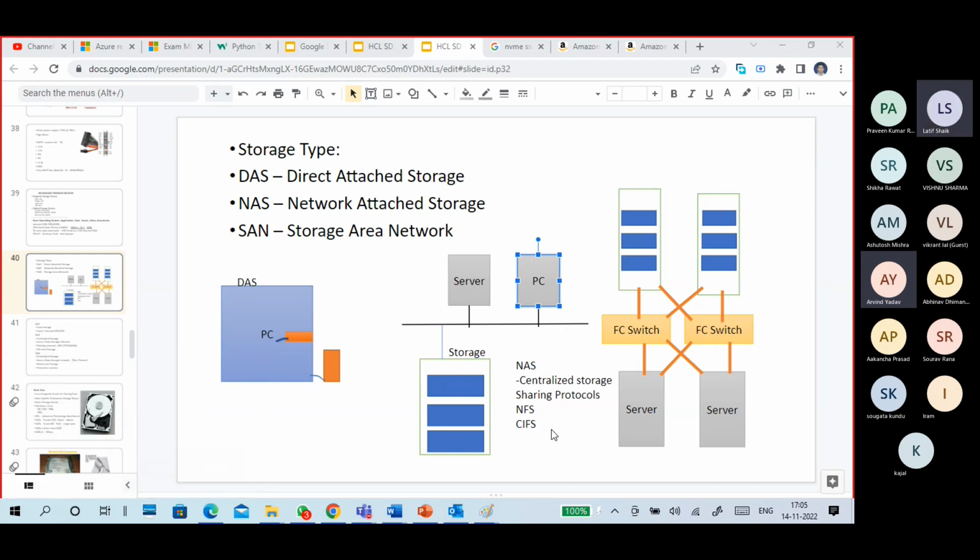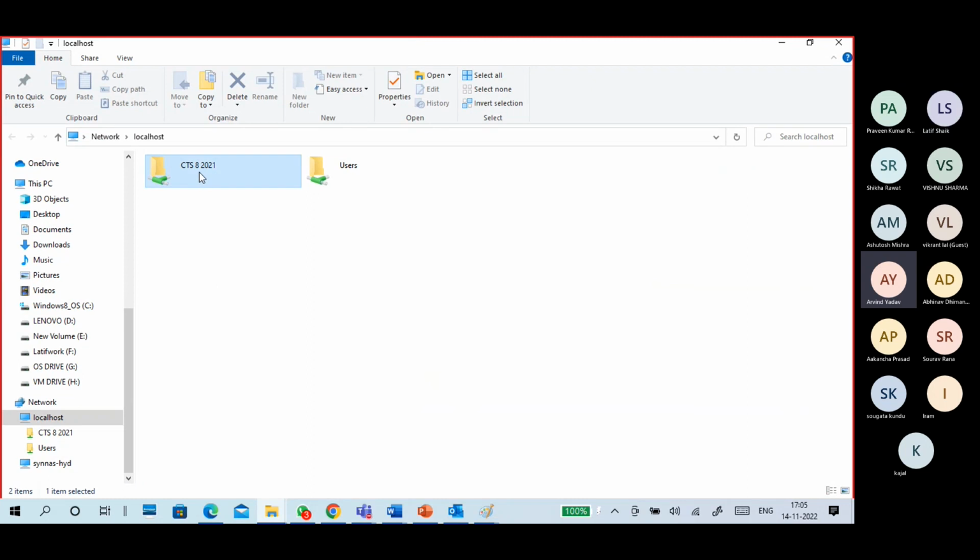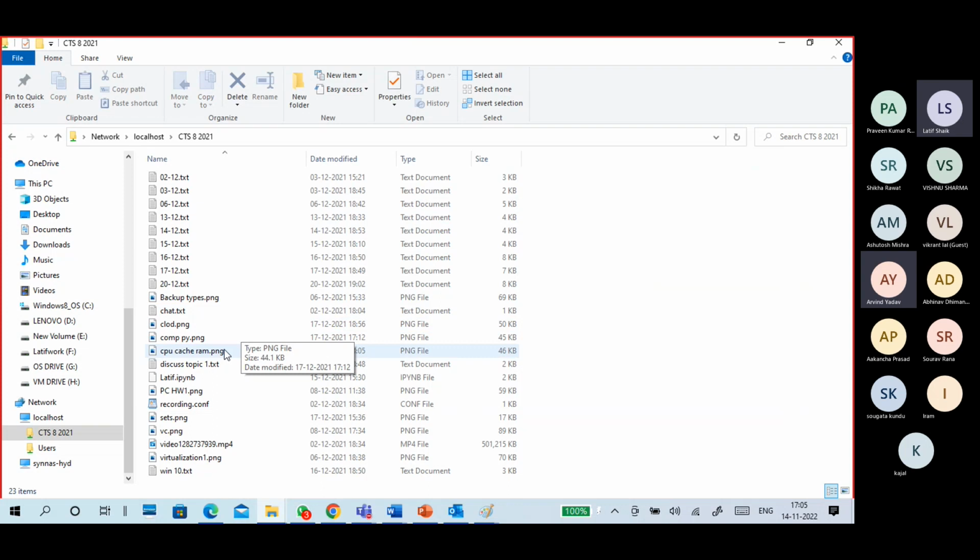Okay, I'm accessing the data from my PC. See this? This is the data that is shared. I'm going through what the files are. Okay, I can see everything. Yes, this is my data.